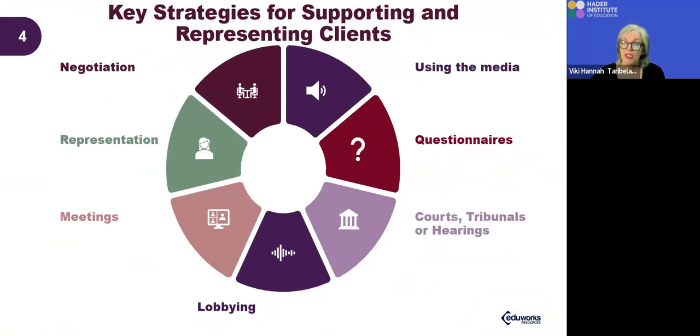So some of the strategies around there, surprisingly, media, social media, doing questionnaires, surveys, getting feedback, might be in a court, a hearing or a tribunal, lobbying to your local MP, here's an unmet need in our community. It could be that something that you've identified and the client may belong to another agency, but you do occasionally provide services to them. And it might be something that you want to be able to just speak up and